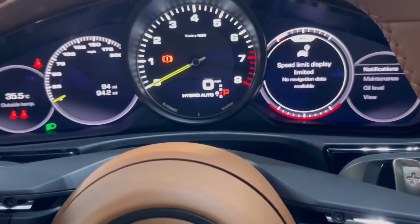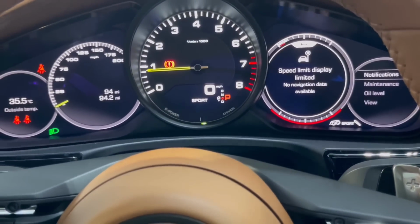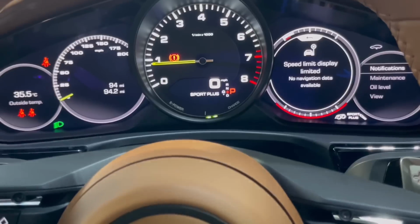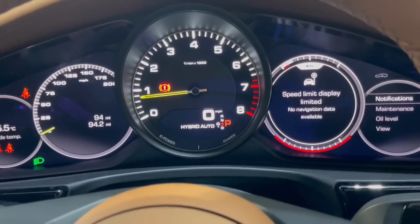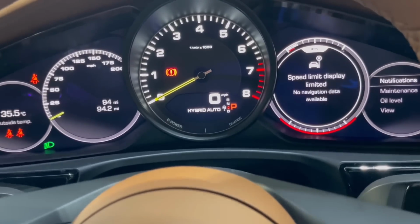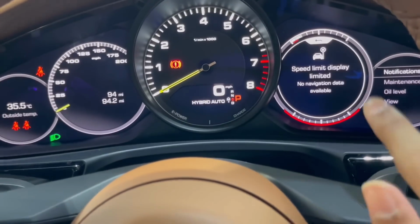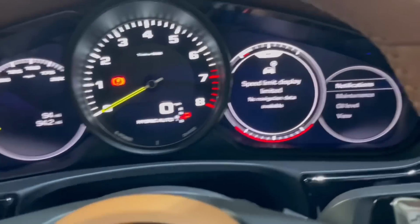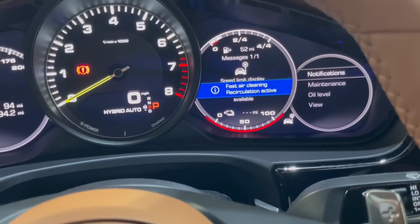The drive mode says here, so if I change it to Sport, Sport Plus, or e-Power, Sport again, Hybrid Auto. It's not going to go on e-Power because it doesn't have any charge on the, what is it called, the battery. And on this side you have another digital screen that if you go here, if you just go all the way up,